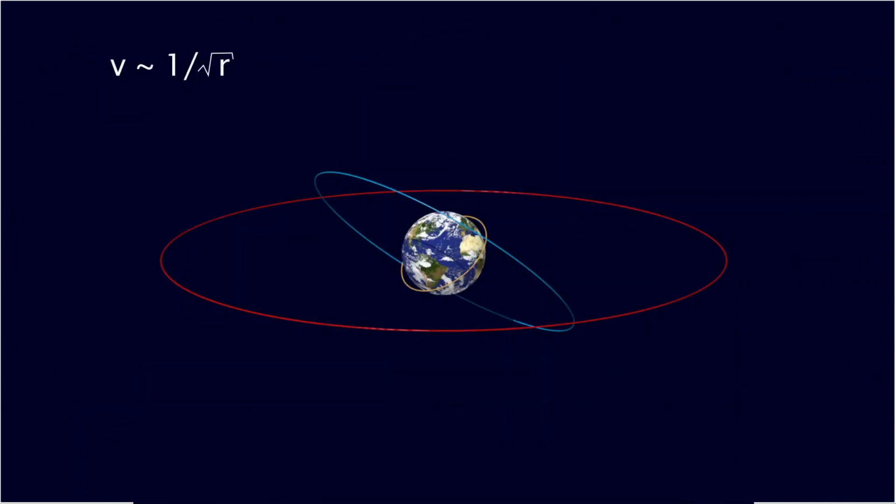So what are the consequences of this dependence of velocity and angular velocity on the distance to Earth? The main consequence is that this distance to Earth is the most important parameter if you look at satellite orbits. This really determines how the satellite is flying and what the satellite can observe. You can distinguish three different kinds of satellite orbits depending on the distance to Earth. I have labeled them here with different colors.